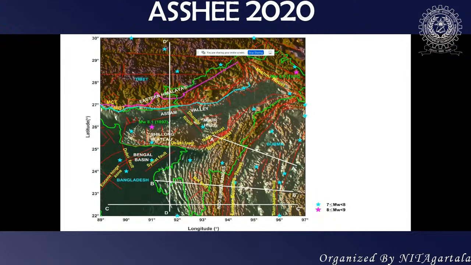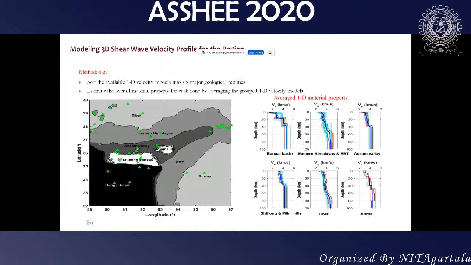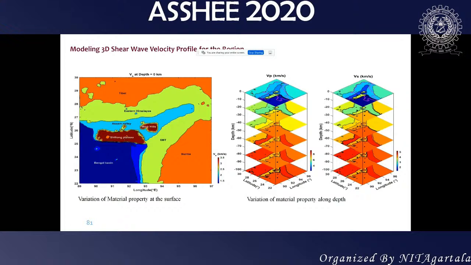So we have developed these finite element models to simulate the ground motion even in the northeastern region. We have developed a complete 3D shear wave velocity profile. There have been many receiver functions. Yesterday I think we had a lecture. Using this receiver function analysis, many geophysicists report one-dimensional velocity models. Based on these models, and based on the geology of the region, we have interpolated them. We developed these one-dimensional velocity models, interpolated them, and got full 3D velocity models. And finally, this is a shear wave velocity model I'm showing you here.